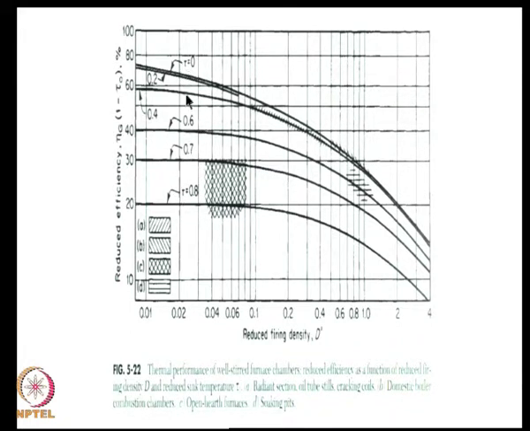So, this is not a parameter under our control, but the firing rate is under our control, because for a given flow rate of the fuel that is required, you can have a lower firing density, firing rate, by increasing the area of the sink. So, that is a design parameter which we can alter in the design stage.